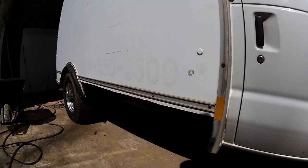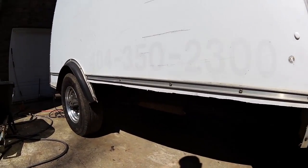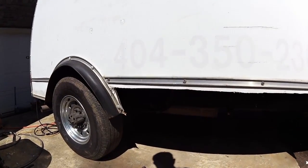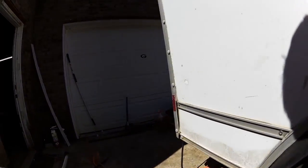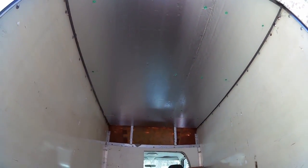So you can see I cut out the rot on the bottom here. I'm going to go back and probably put some sheet metal there and curve it under, style it a little bit. Here's the insulation I've been doing. I've got 3 layers of a 1/2 inch foam insulation. And over here,